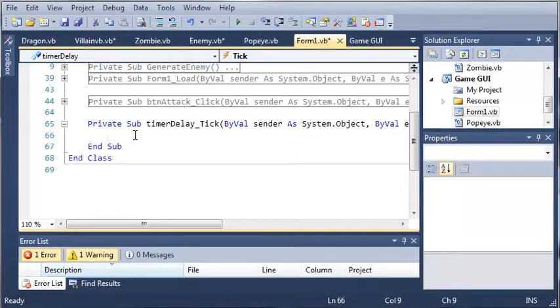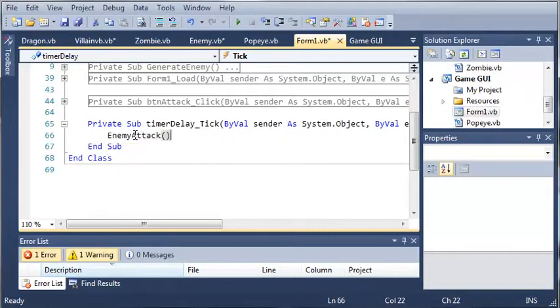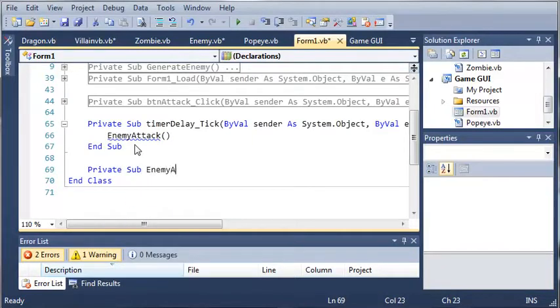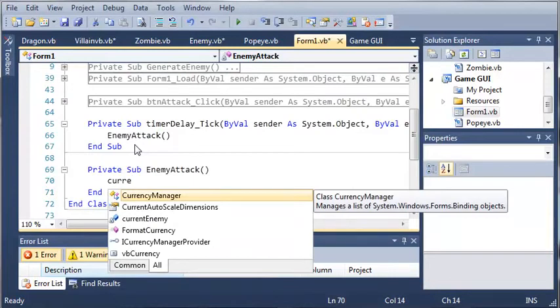In this tutorial we're going to be continuing working on the game. So whenever the timer ticks that is used to delay the attack, what we want to do is call enemy attack. Now we haven't created this sub yet, so let's go ahead and come down here. We'll type private sub enemy attack. So whenever they attack, what we want to do is type current enemy